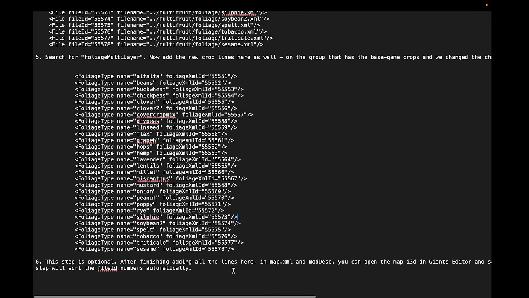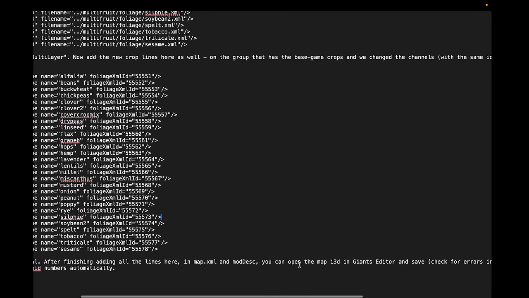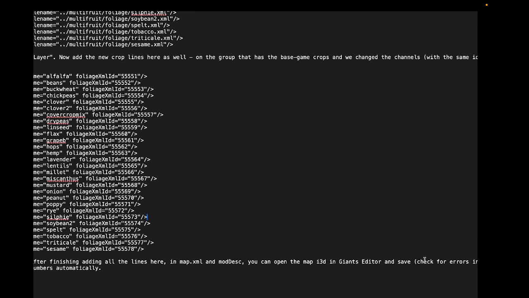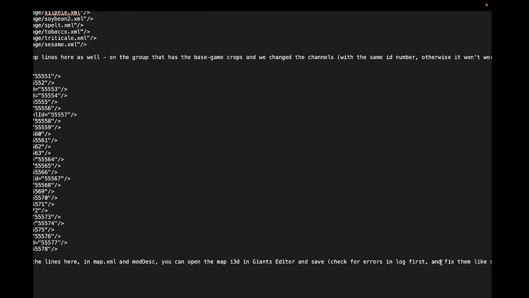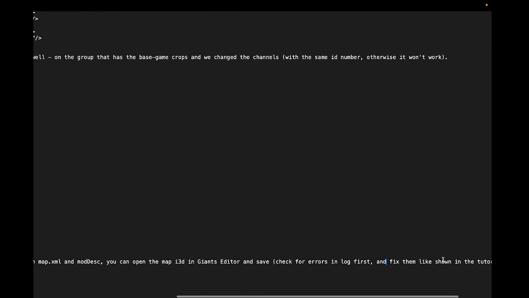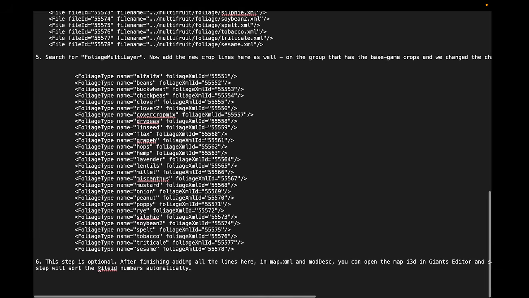So after finishing and saving the I3D, you can open it in Giants Editor. I don't have access on macOS. Look in the log first to see if there is any error. Then if there is none, just save